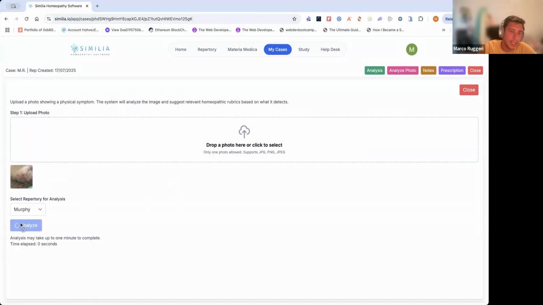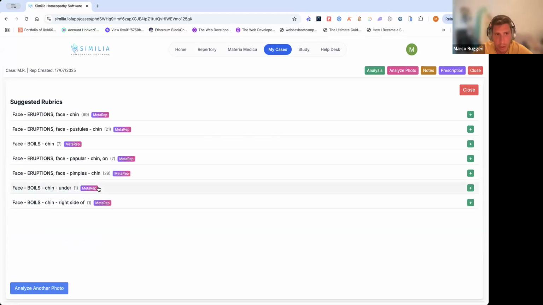And then we can click the analyze button, and what this will do is that we will get rubric suggestions based on the picture. And this one as well, similar to the other one, doesn't give us a certain answer, it doesn't give us certain rubrics, but I found it useful. Sometimes it might even just not work. For some pictures, it might just not understand them, but other times I found it quite useful to find some rubrics which I would have found difficult to find